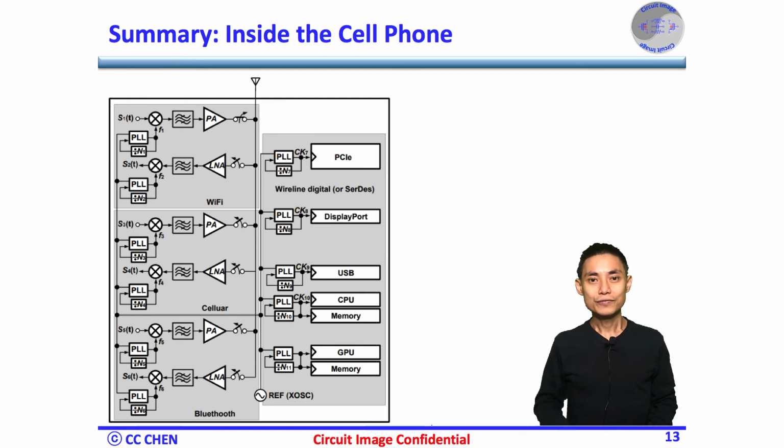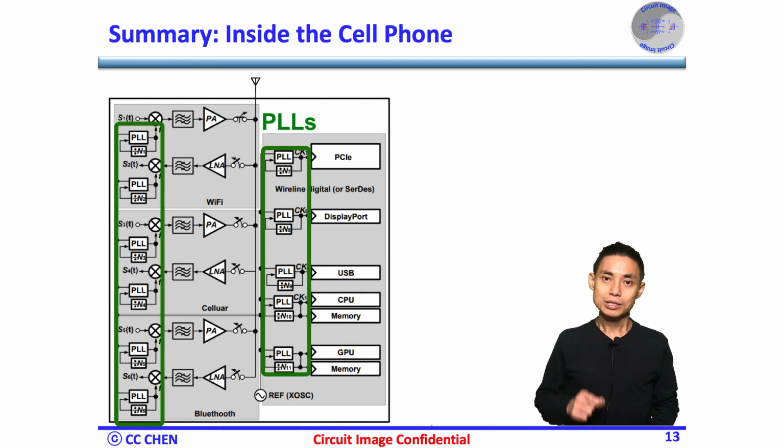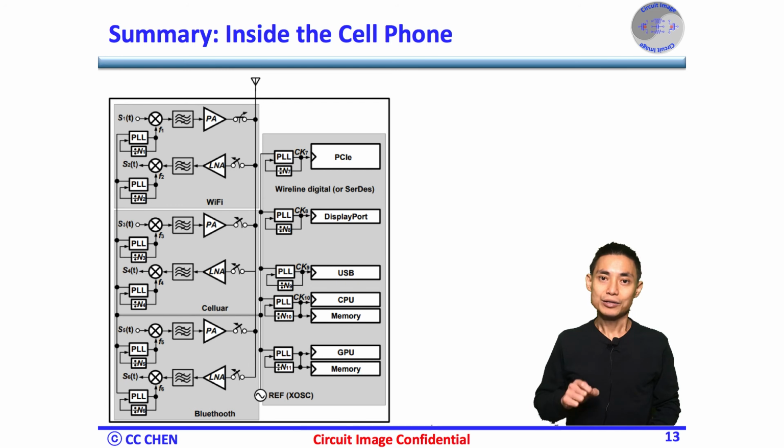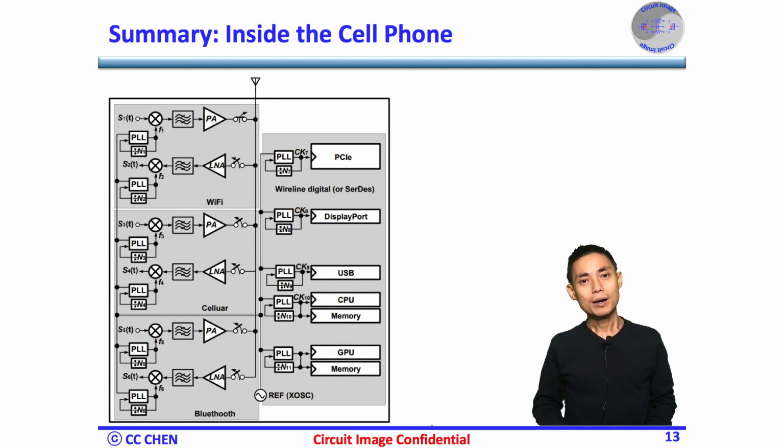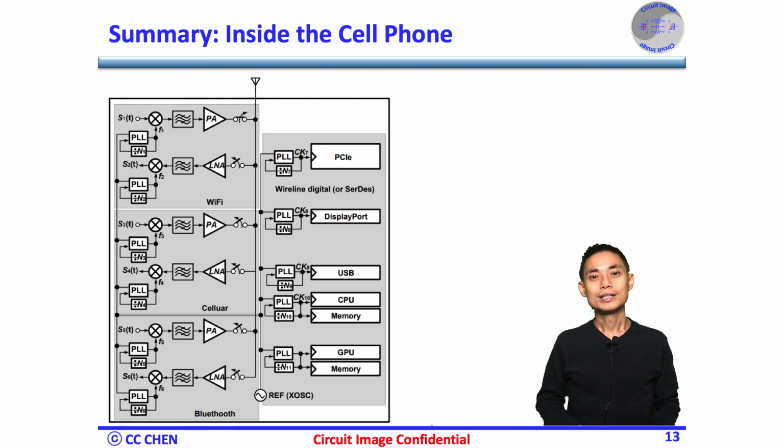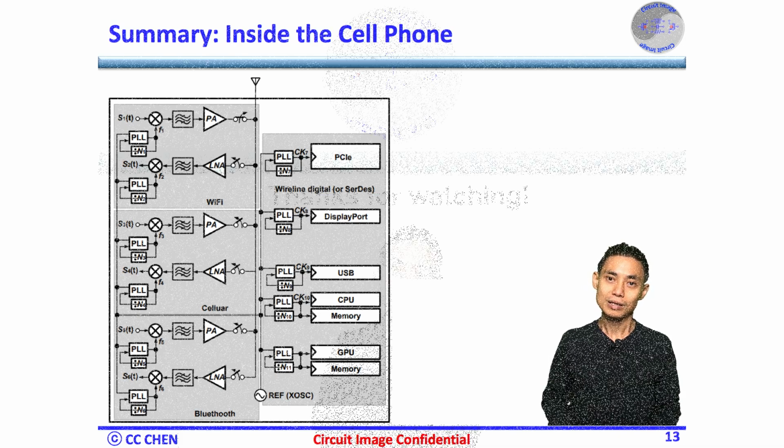Therefore, the cell phone may need multiple PLs to support different frequencies and the jitter or phase noise requirements, which could be fine, but the crystal oscillator would add more cost and bulk to the system. So, it's preferable to have a single crystal oscillator and distribute it to multiple PLs as the reference clock. Lastly, this image should give you an intuitive idea of why the PL is a must in communication.